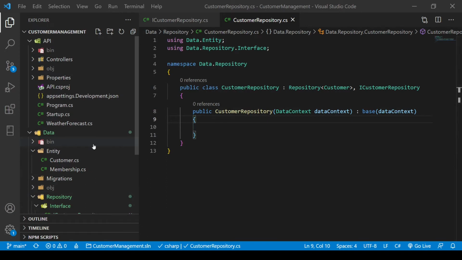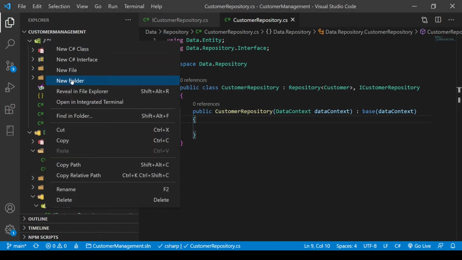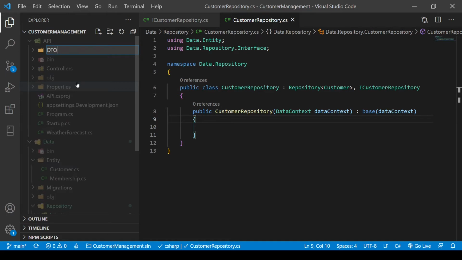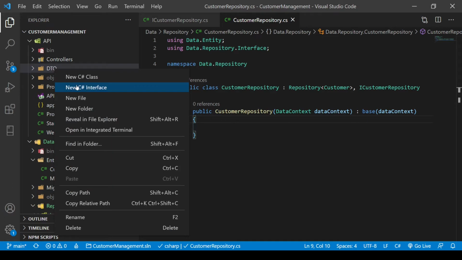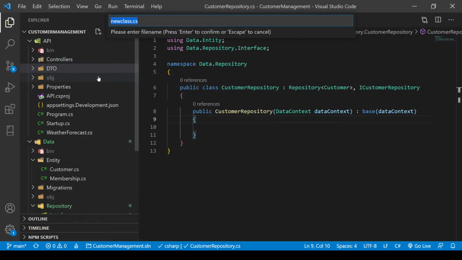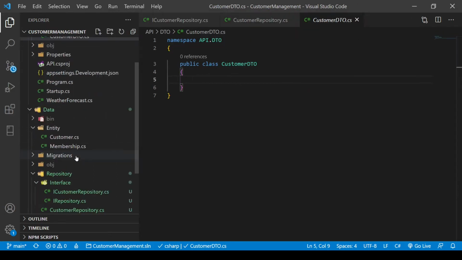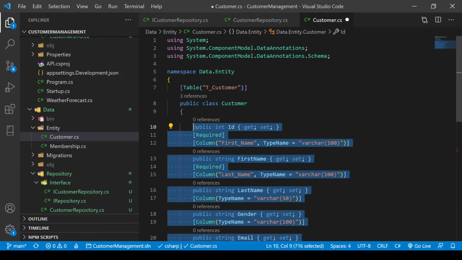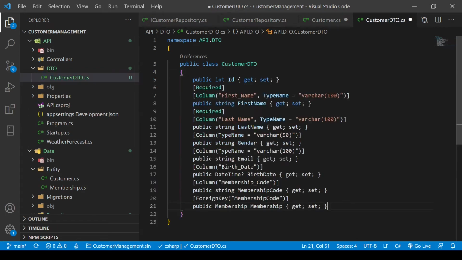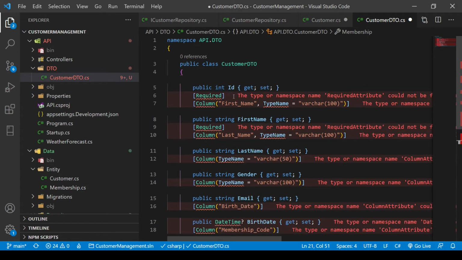Okay, so now let's create the DTO, data transfer object. We'll create a new folder in the API project, DTO, and then here we'll implement the class CustomerDTO. To make things faster, we go to the entity, copy the details for the customer class, paste it in the DTO, and then let's remove first the